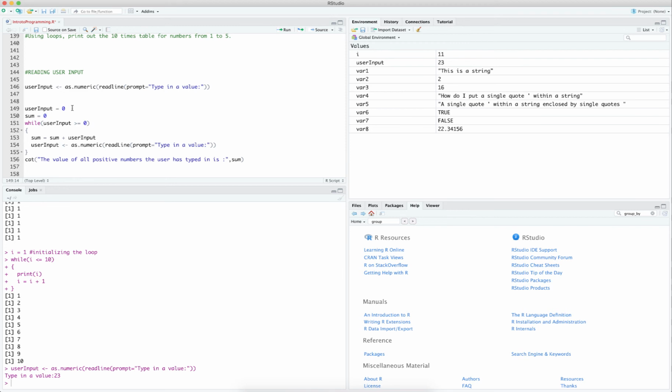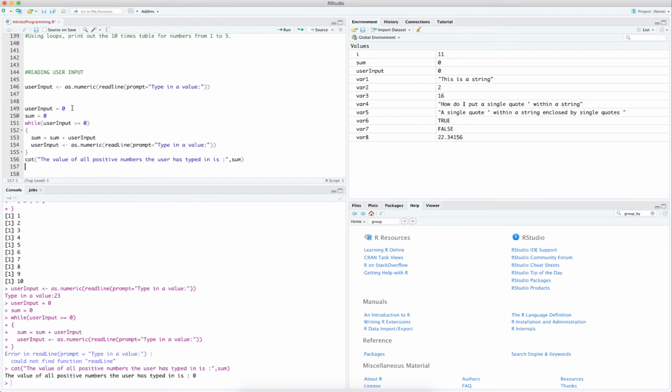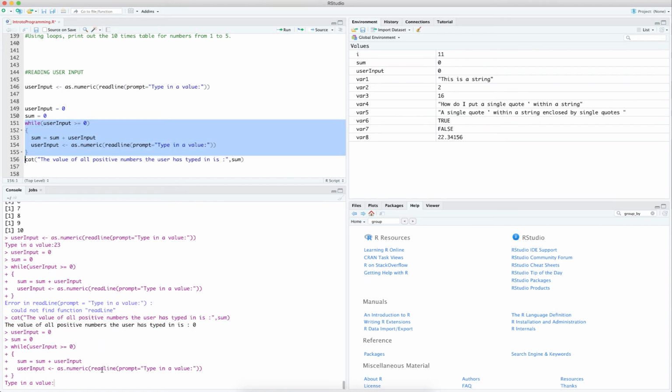So user input equal to 0, sum equal to 0. Whoops. That's a quick mistake. That readLine should be readline, lowercase l. User input, sum, the while statement, I've run it, type in a value, let's say 2,